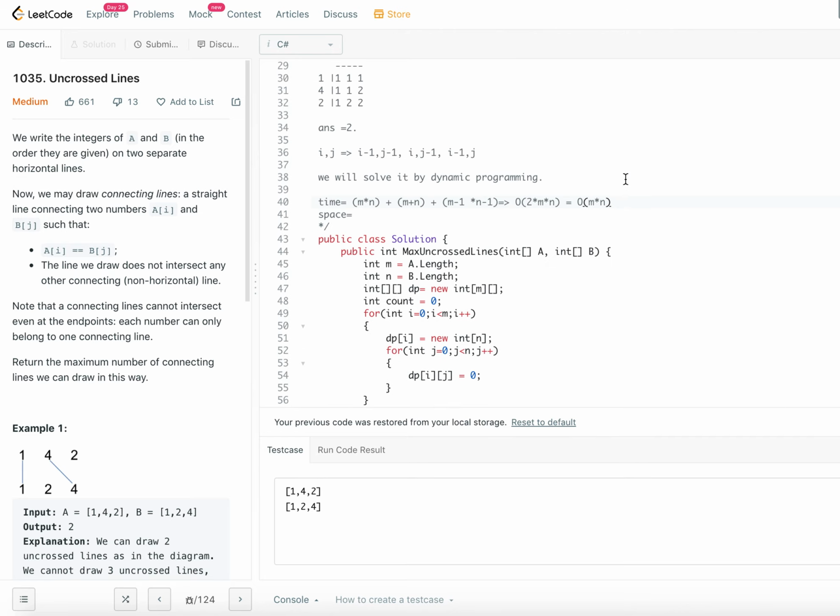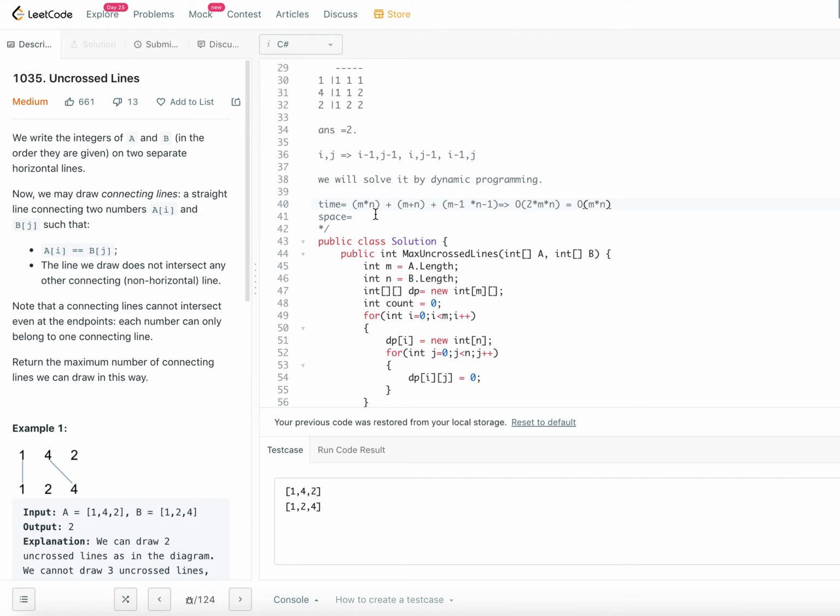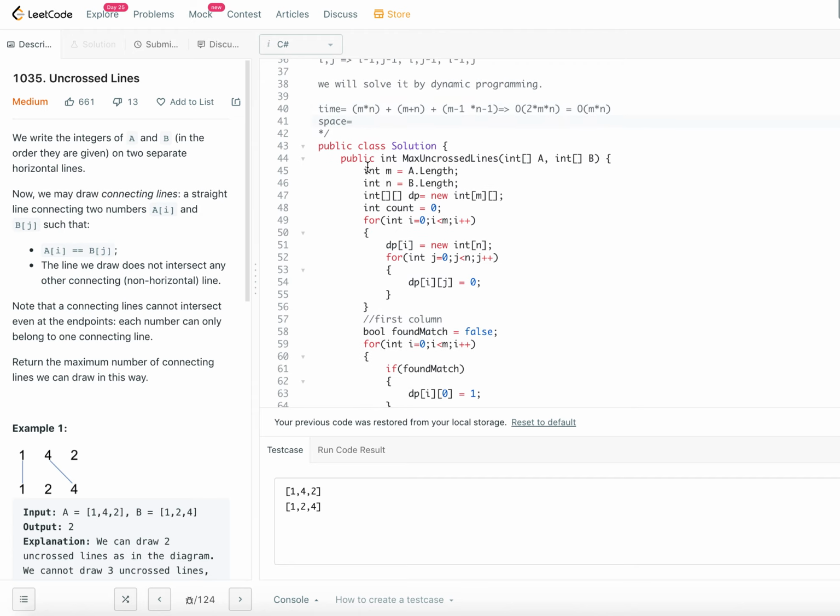Now let's look at the space complexity. Are we using any extra space here? Yes, there are a few integer variables that we are using: m, n and count. But they are not much compared with the length of the inputs a and b. Irrespective of the length of a and b, you need m, n and count.